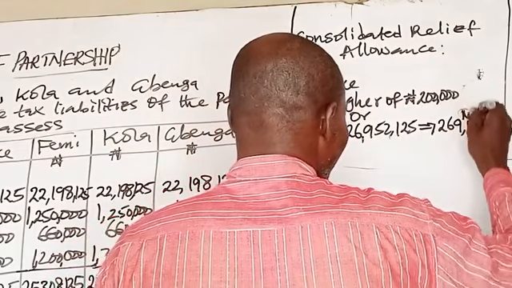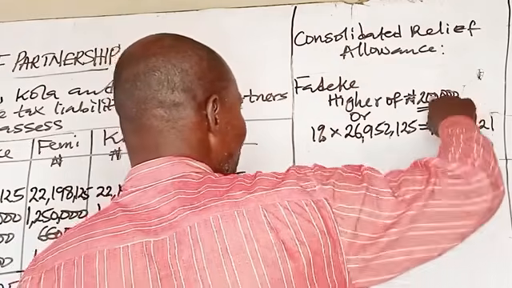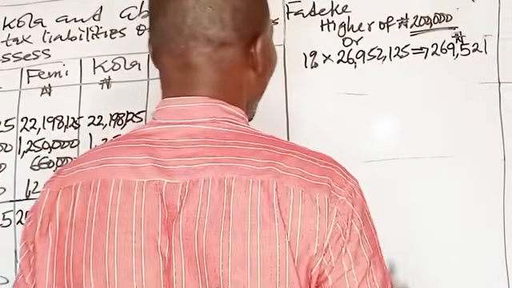The higher is this. This will be chosen, since it is greater than 200,000. So we choose this